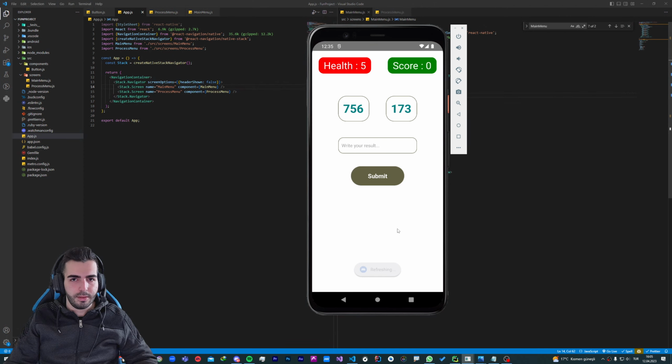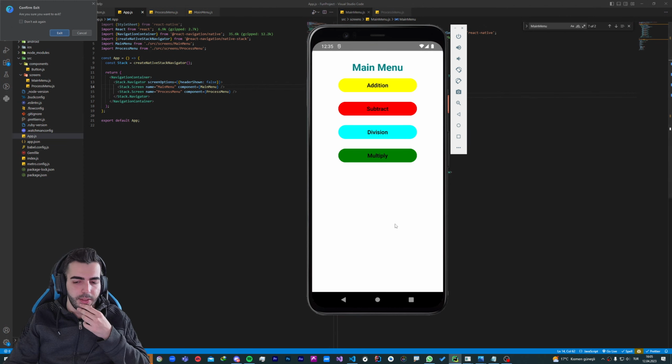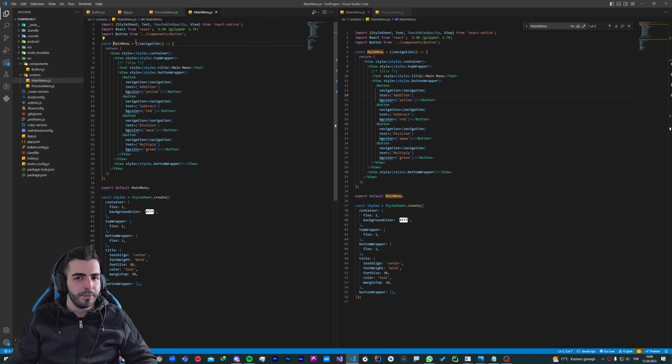All right. So refresh again, close the Python, PyCharm. Yeah, sure, exit. So we have main menu and our component. When I press Control and main menu, it shows us the main menu component inside of